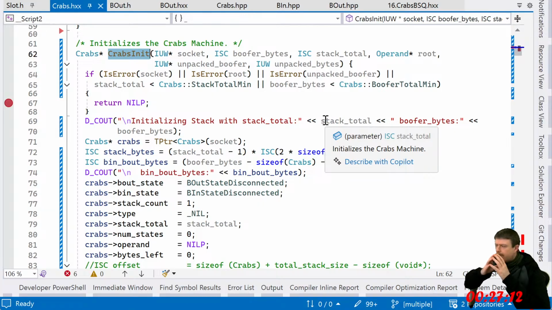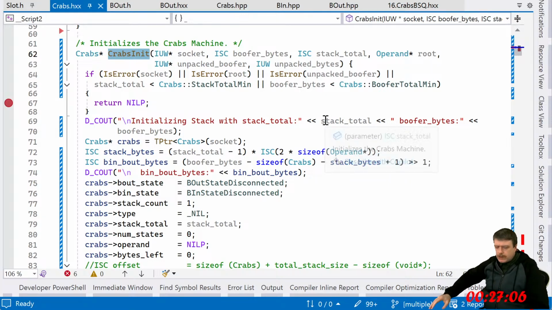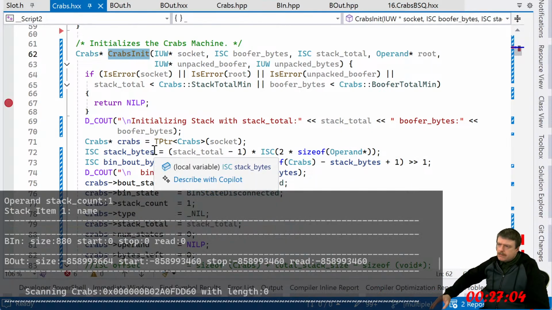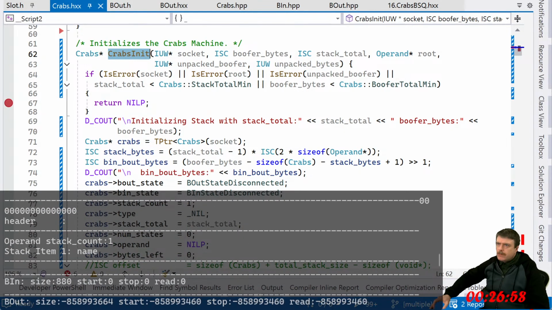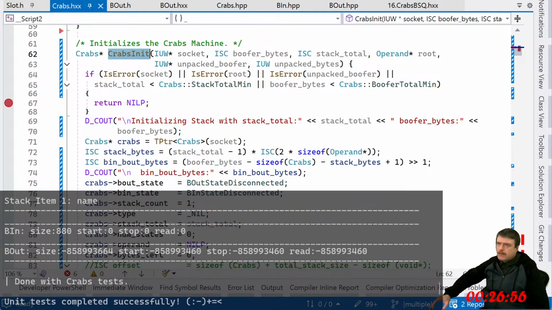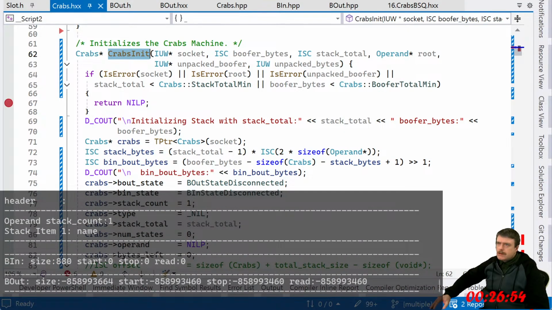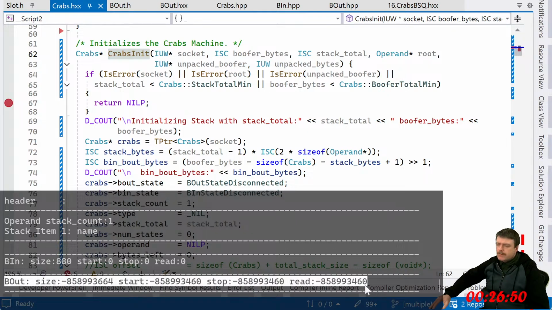All right. What is it? I did something. Now it's still got this problem.